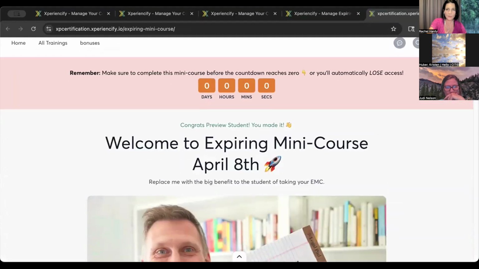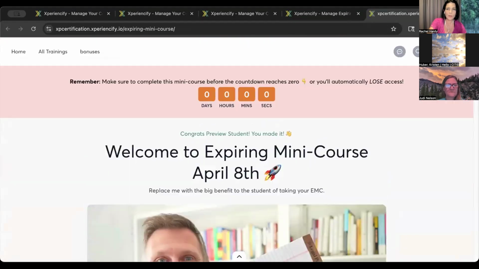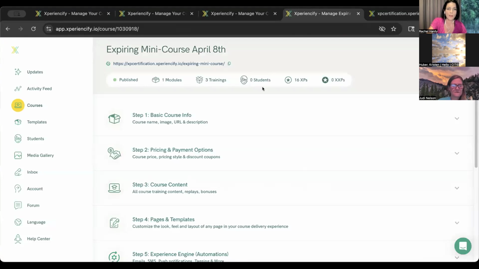When I go to the home page, let me think, how's the best way? So basically, when we're thinking about creating what students are going to see,